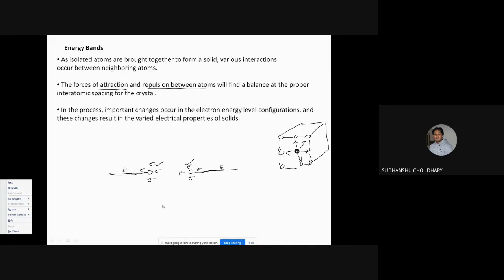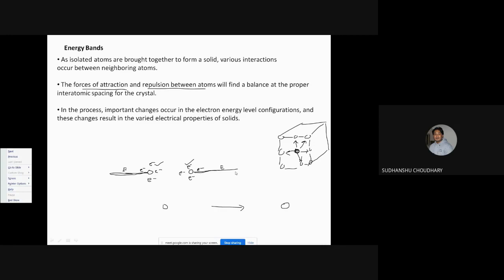You bring them a little bit far, maybe one atom is here, maybe one atom is here. It is possible that there is no interaction, and also possible that their energy levels do not change, but then you also don't have a molecule. These are two individual separate atoms if they are very far. But if you bring them close together, the wave functions of individual electrons also interact. That is, wave functions can overlap, and these atoms can also feel attractive or repulsive forces. The result of this is that the energy levels associated with these atoms change.